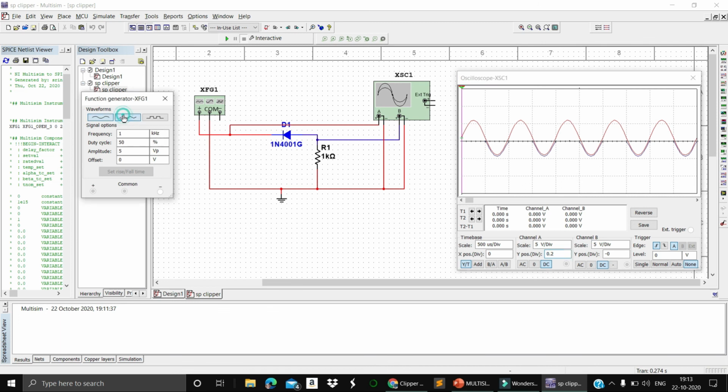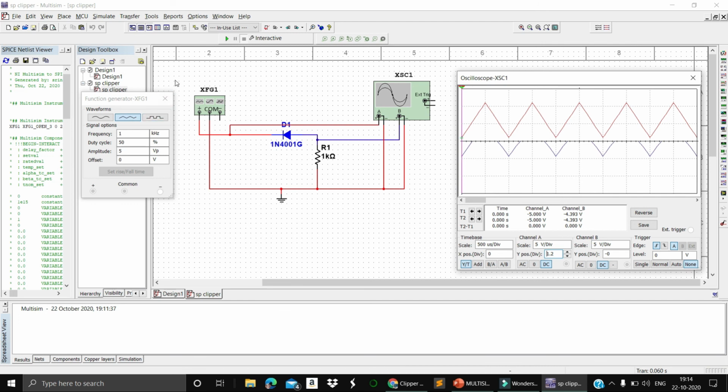When I give other inputs, what will happen? I don't know, I didn't check until now. I will check right now. For different inputs, we also get the same. So notice over here. For the different inputs, I am getting the negative half, right? For the negative half, I am getting the negative cycle, so it is in forward bias. For the negative half, I am getting the output. For the entire positive half, it is 0.